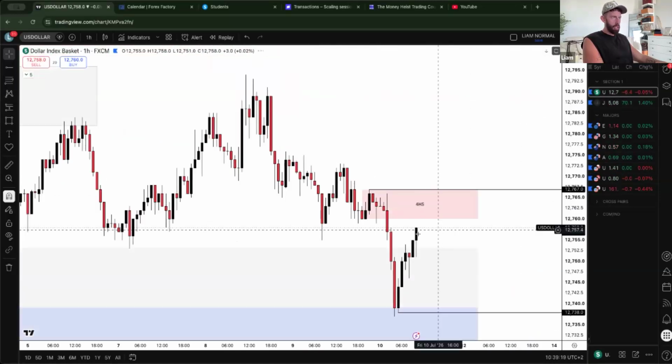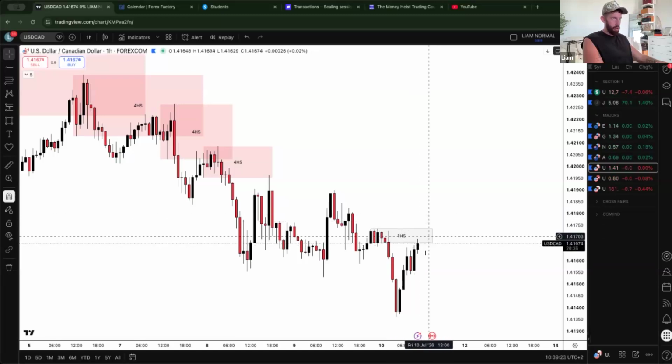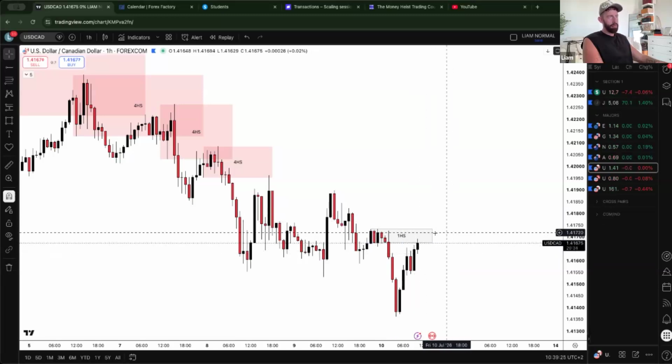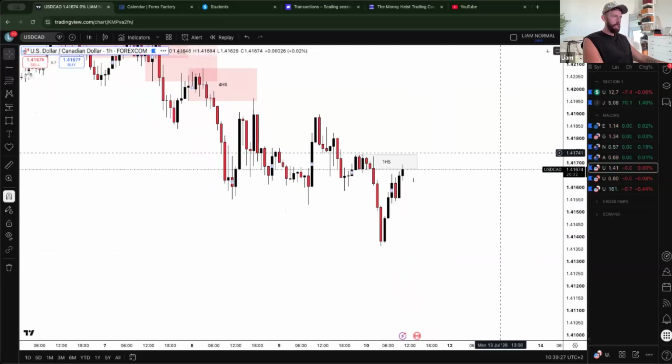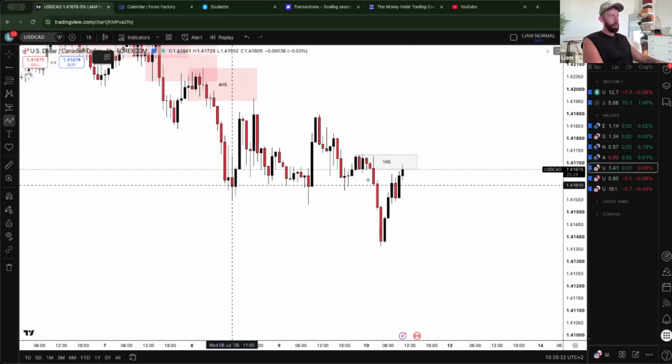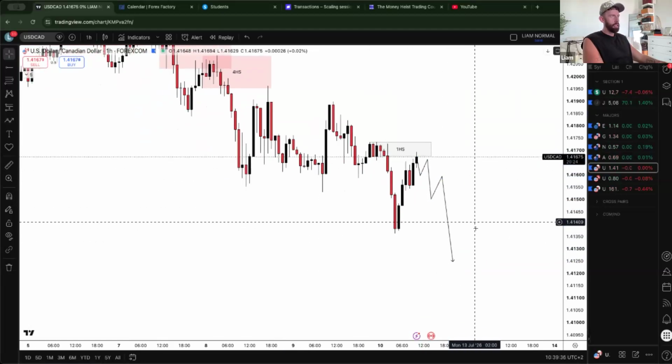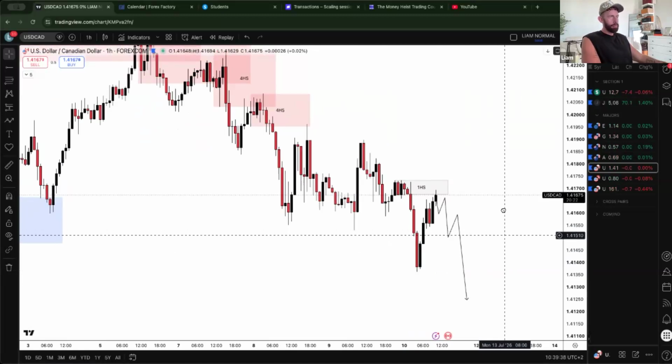Does that align with the dollar? Well, the dollar's pushing into this. So it'll be interesting to see if this goes higher or not, just because this has reached that supply before the dollar has. But if it stalls and waits for the dollar to get into that supply, then this could be the area that we look for market to carry on shorting from.